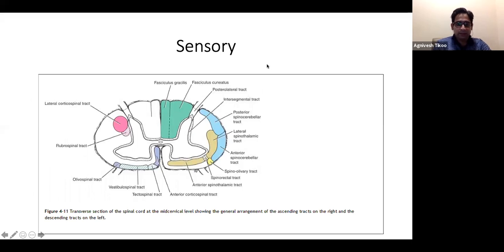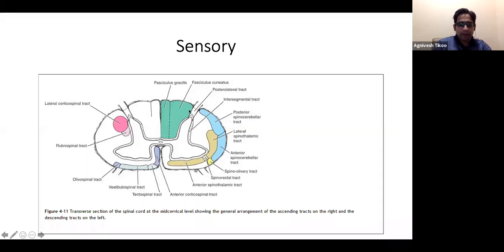And again, just for the sake of theory, you should know that in the spinal cord, sensations mostly travel through the posterior tracts and the lateral tracts. Laterally, you have the spinothalamic tract, which carries pain and temperature sensation. And posteriorly, you have the fasciculus gracilis and cuneatus, which carry fine touch, vibration, and joint position sense, what we call JPS. An important thing is that joint position sense and vibration are one of the earliest things to go away in diabetic neuropathy.